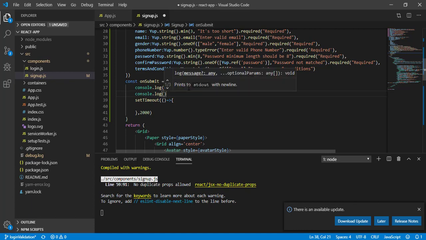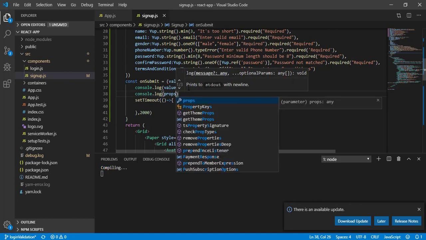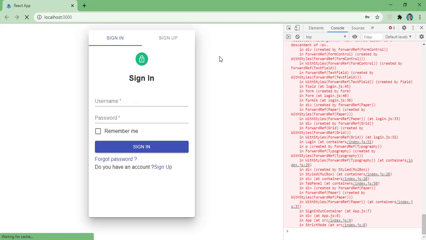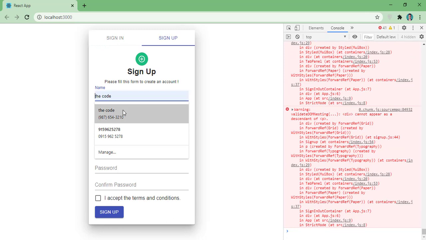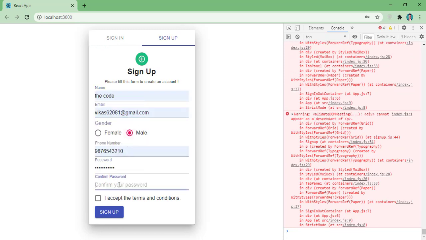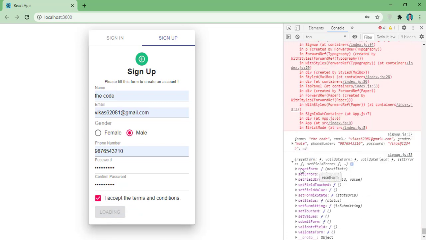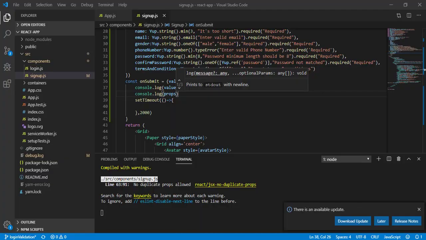Let's come back here and once again fill this form. If I submit right now, I get this error. So now select this one, submit. You can see here we have one function called resetForm. We are going to use this function first.